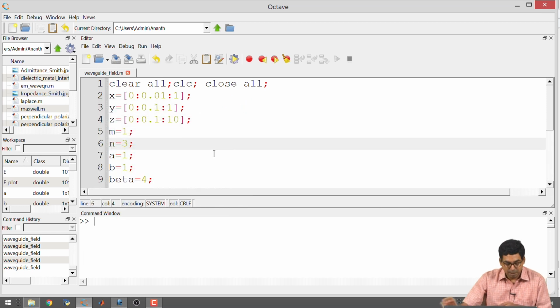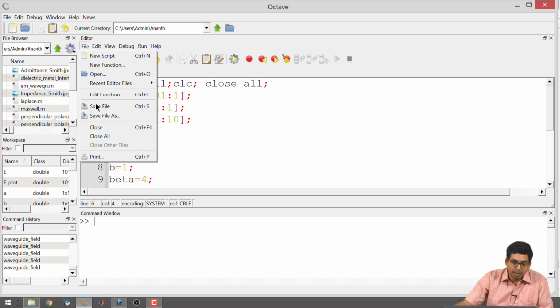So, this is a simpler way to visualize when you do not have to solve from the wave equation, but actually you know the general solution and you just want to make a plot of what is happening. This is a simple thing you could do. Now, we go back to our analysis.